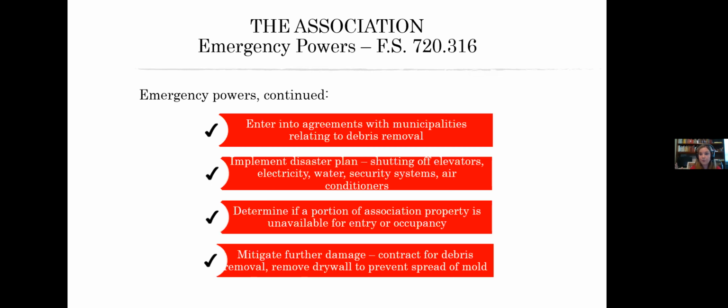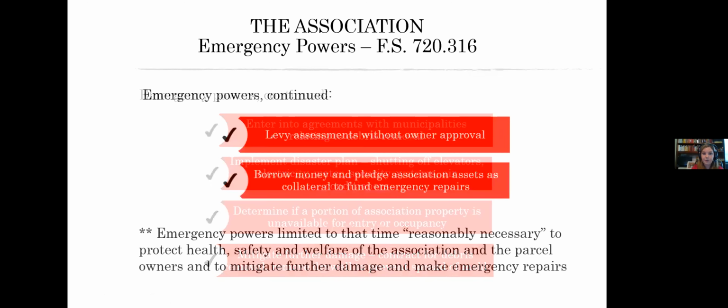Again, you can make it fully open if you think that is appropriately safe and it complies with the state guidelines. Or you can say, you know what, we're going to limit the hours. We're going to limit the number of people that come in. We're going to add all these additional machine wipe downs, whatever it is. Make sure that your association property is available to be entered. And any kind of debris removal.